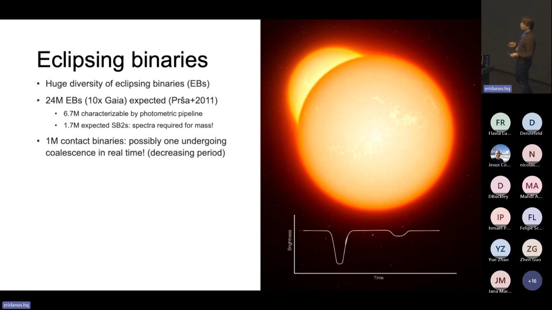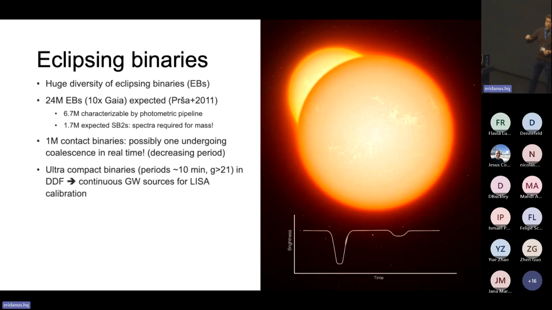Now, there should also be about 1 million contact binaries where you see variations due to the deformation of the star that is in contact. And there could even be one or two events where you see the coalescence of the contact binary in real time. And so while you, of course, will see huge numbers of certain groups that you're quite familiar with, it's also the finding that gem hidden in the data that will be quite tricky. And I will leave it up to the experts on the alerts to tell me how you can actually dig that out early on in the survey in order to be able to define your follow-up strategy that would give you the most informative data for a one-off event in something like LSST.